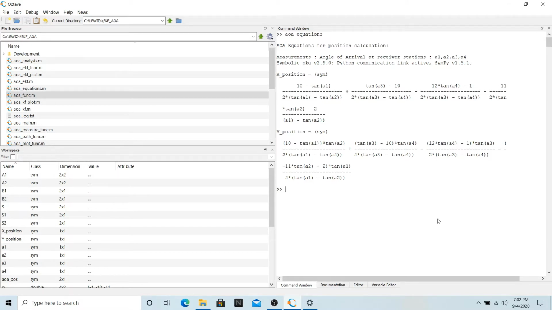To summarize, we saw the application of the extended Kalman filter in the method of location tracking in angle of arrival as well as time difference of arrival methods, both of which are nonlinear and involve complex trigonometric or hyperbolic equations. We also observed that the extended Kalman filter performs much better than the Kalman filter in case of nonlinear measurement scenarios, and it is able to greatly reduce the noise present in the measurements and give us the most accurate estimate of the true position of the object in real time.